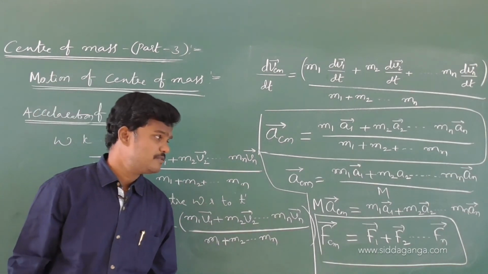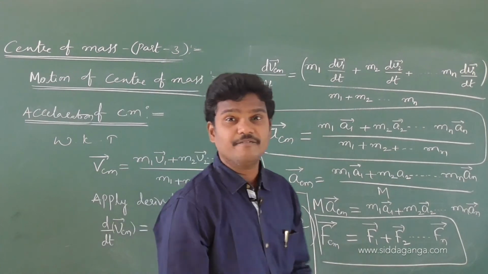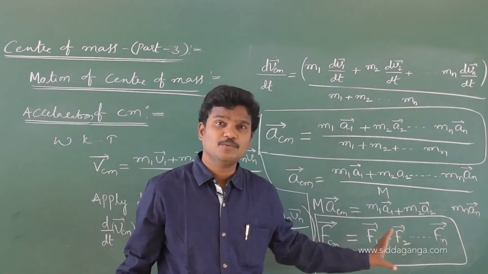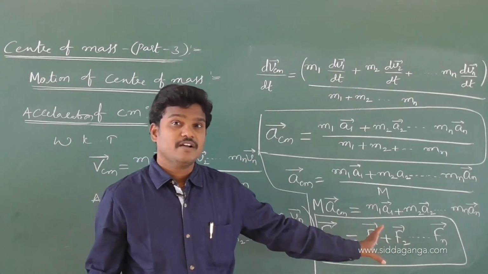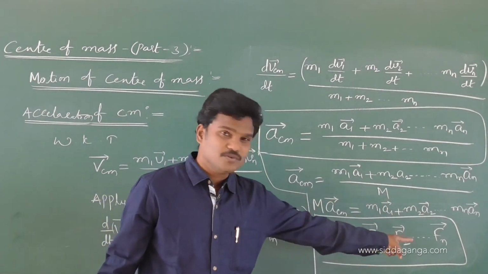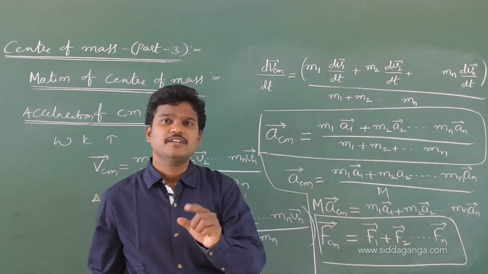FCM bar is equal to f1 bar plus f2 bar plus f3 and f4, so on fn bar. And see this right side, f1, f2, f3, so on, these forces we can call some external forces and also internal forces. So all forces f1, f2, f3, so on fn we can replace with f external and f internal,